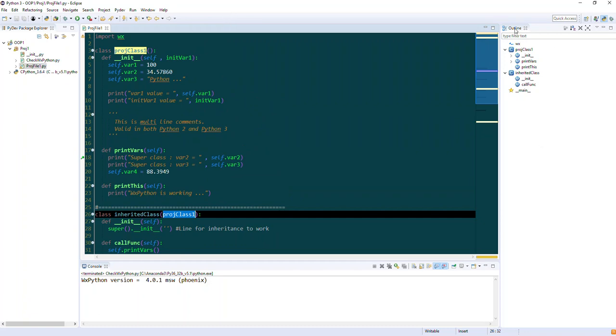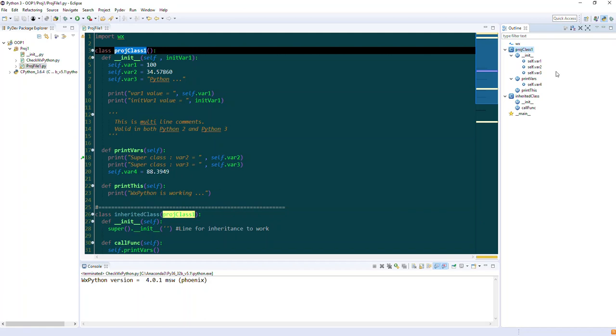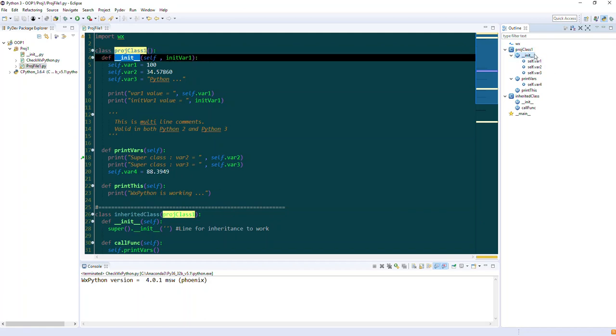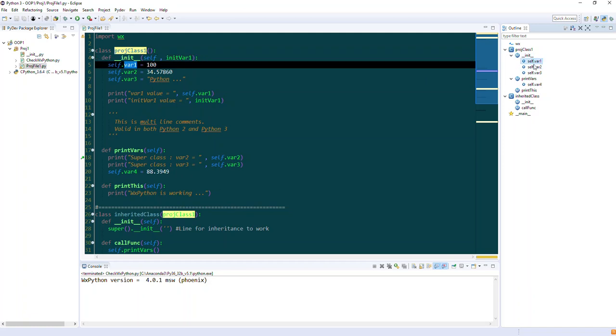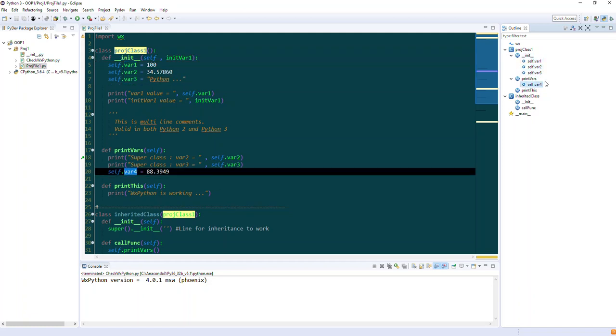As you can see, we have an outline tab here, which tells what the class and what the function is. As soon as you click the project class 1 in the outline tab, you can see it gets highlighted in the code, which is the .py file. You can click on it, come to init, and just do self-1, self-2. This outline helps to directly access a variable, a class or a function,